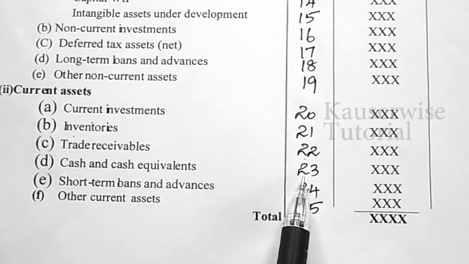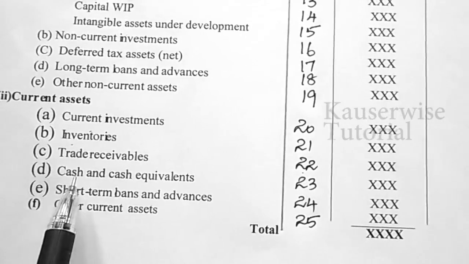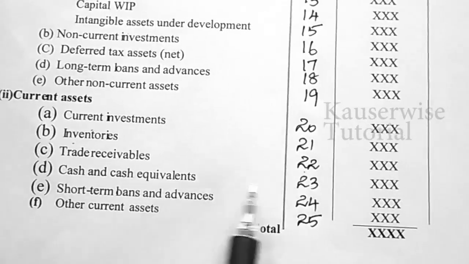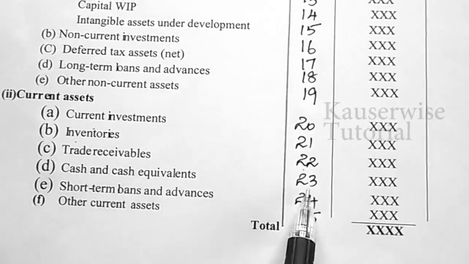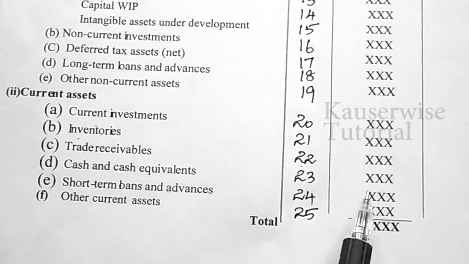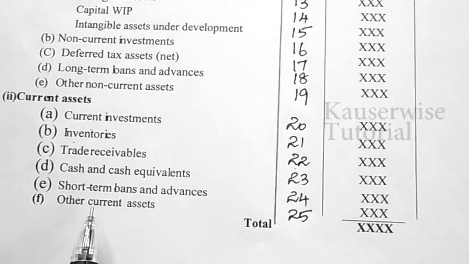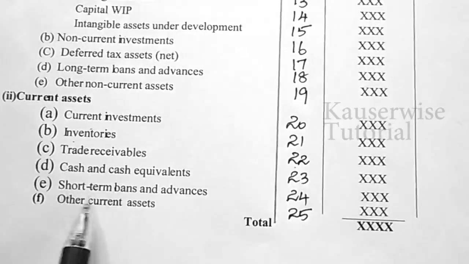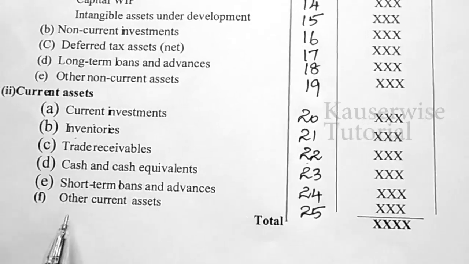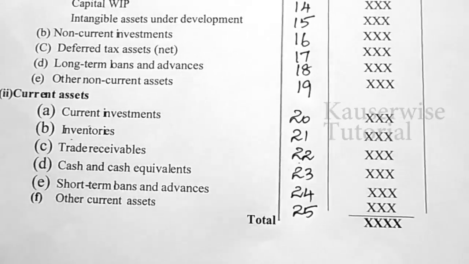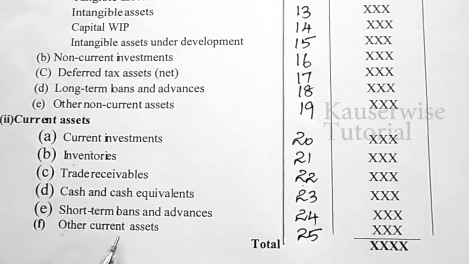The next one is working note number 23, cash and cash equivalent. For example, cash in hand and cash at bank, that will be recorded here directly. If there is no adjustment, you need not have a separate working note. Directly you can write here itself cash and cash equivalent. In the same way, short-term loans and advances. If you provide any loans and advances to others on a short-term basis, that will be recorded under working note number 24. And the last one is other current asset. If any asset is not applicable for the above mentioned topics, that will be recorded under other current asset,